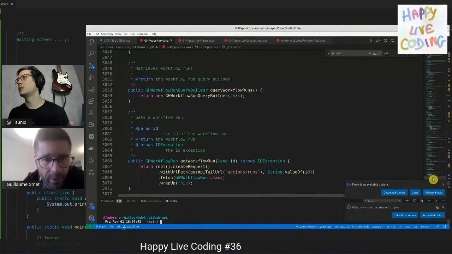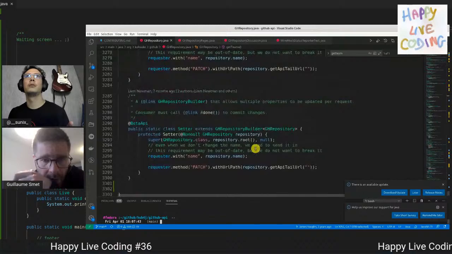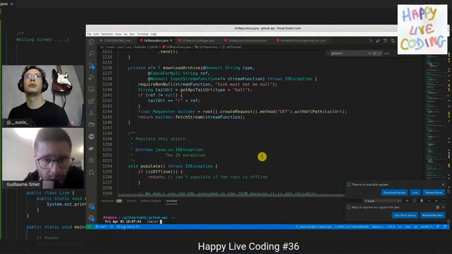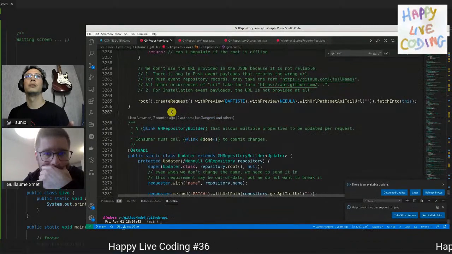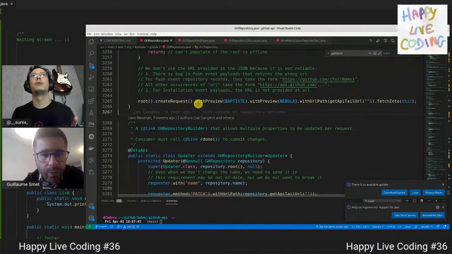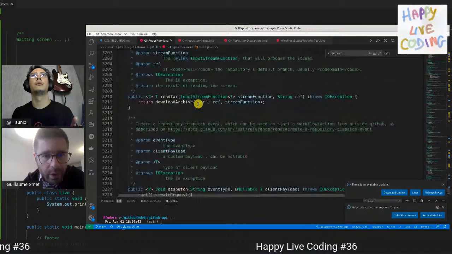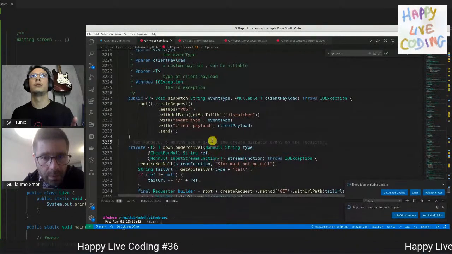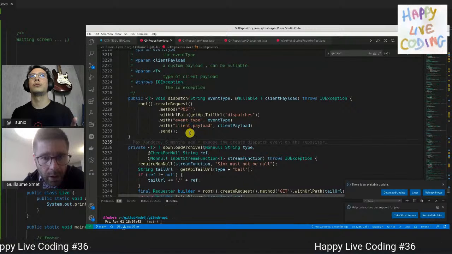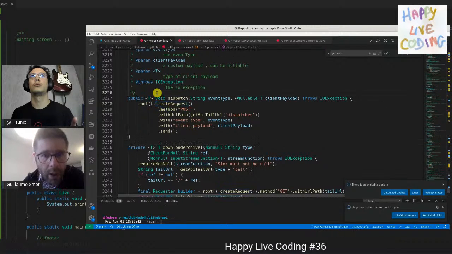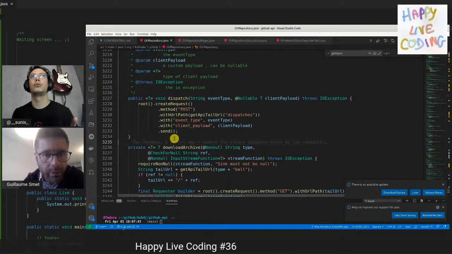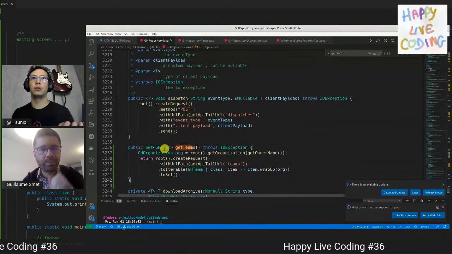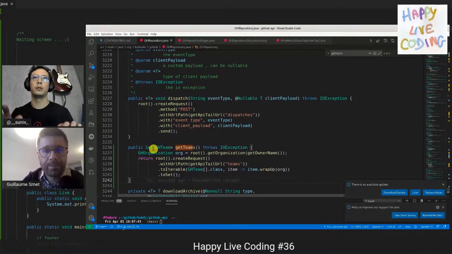Yeah, so maybe before the static classes, and before the private ones, let's try to put the public method together. So yes, maybe download dispatch. Yeah, I would just put it there after the dispatch one. Okay, so it should return